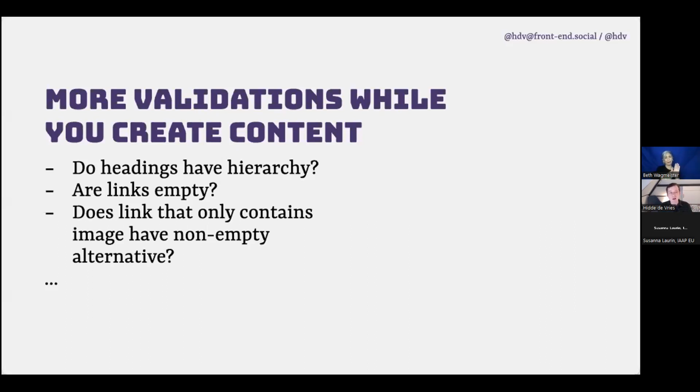I'm sure that a lot of you here will be able to come up with better validations or more validations. I imagine many of you work in making audit reports, so you will have seen your fair share of content inaccessibilities. So if you have everything available as data, you might be able to write a lot of rules that are like, hey, here's a problem that I found in your content. And then we can warn people while they're writing it.